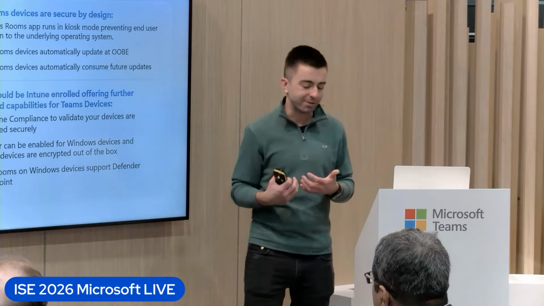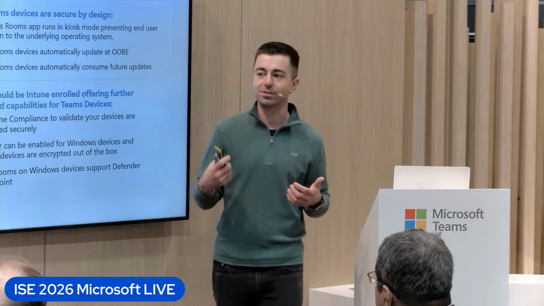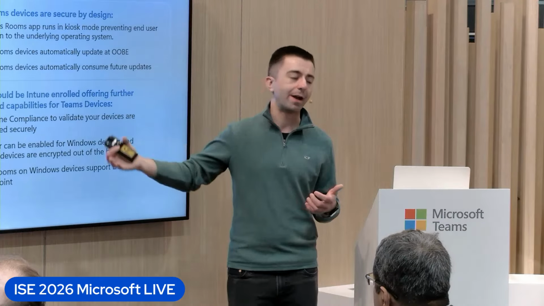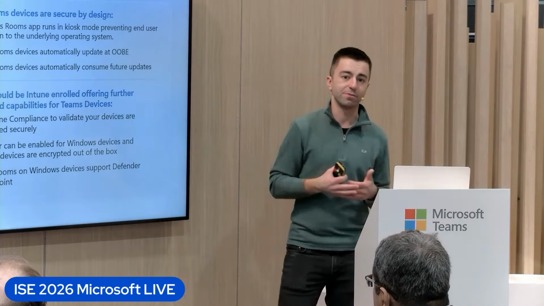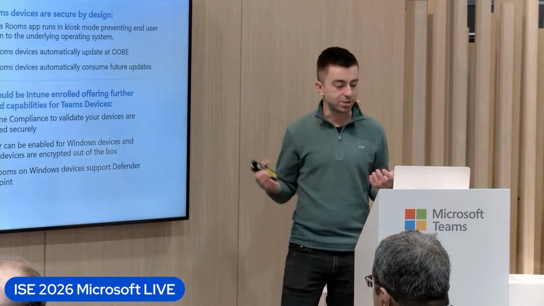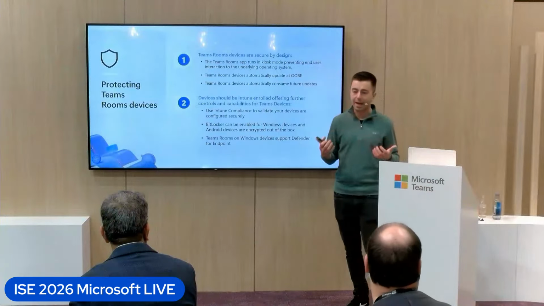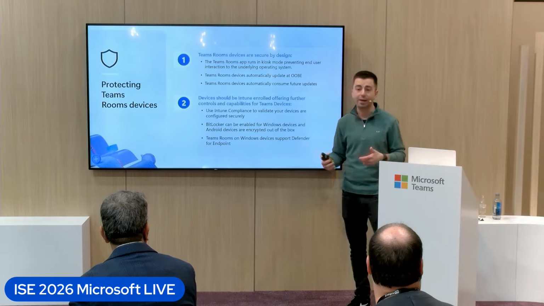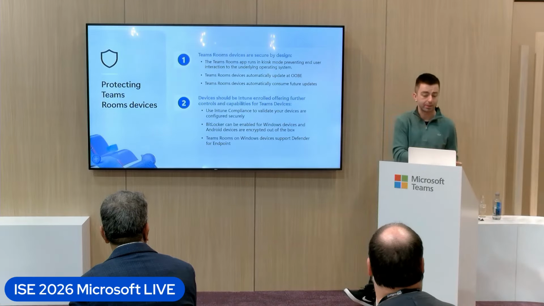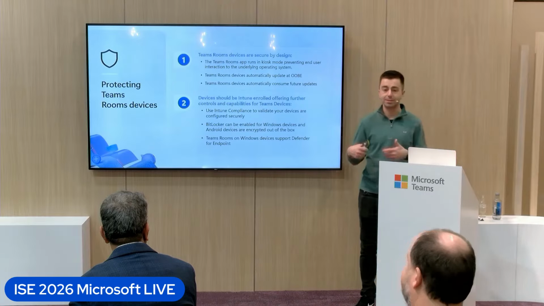But I do still have customers who insist that every single device be encrypted that's on their network. Great, you can do that. You can turn it on in BitLocker, and then that way, all of your devices and all your storage is encrypted, just like it is on all Android devices out of the box. Again, you can run compliance checks in Intune for that as well. If you set a policy that says BitLocker is on, you can then have Intune check to say, hey, is the